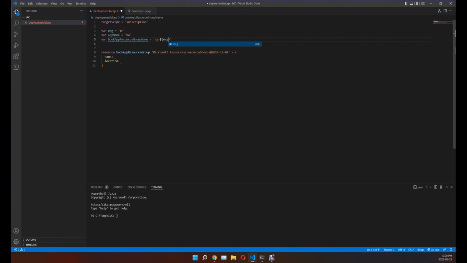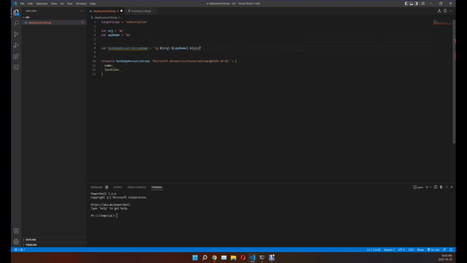then org, then app name, then again your environment probably. So that's another good way to organize that. Let's call it environment. So in the beginning of the video I said that you can reuse these templates. How you can reuse this template for different environments is by